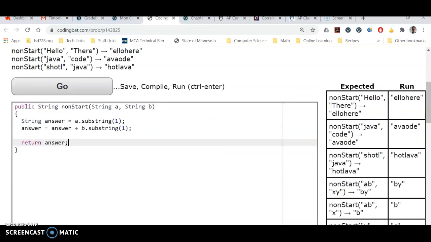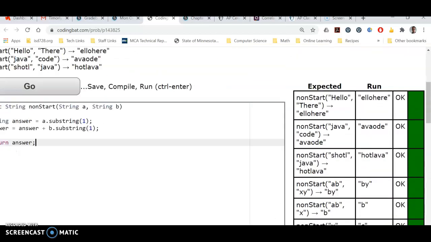they'll run some test cases. So they're going to call our little method with these test cases and we can see that it passes all of the test